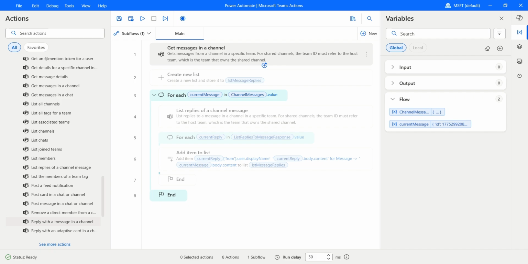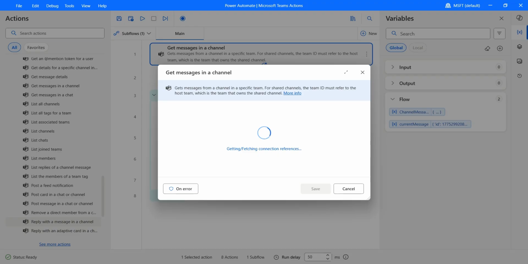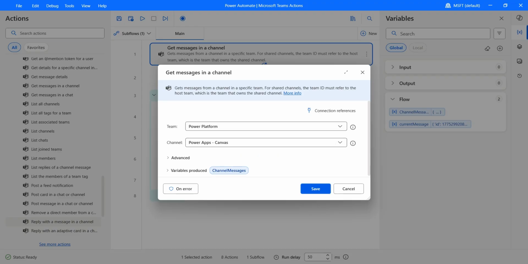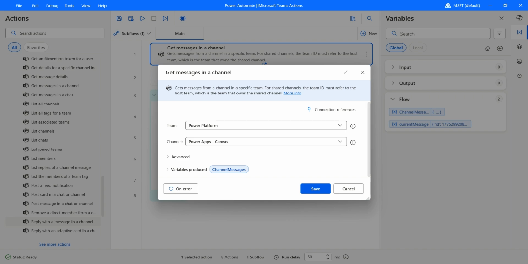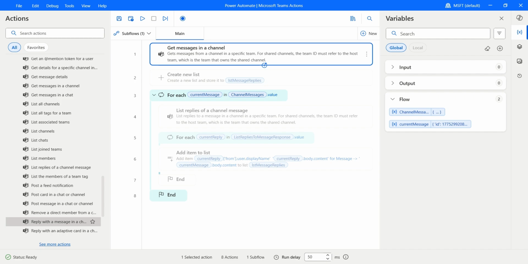So first, let's double click on this and see how we have retrieved the messages of a channel. Well, it's very simple. You drag and drop Get messages in a channel and then you just specify the team and the channel whose messages you would like to reply to, and all the messages are stored in the current channel messages. Alright, now let's go ahead and drag and drop Reply with a message to a channel's messages inside the